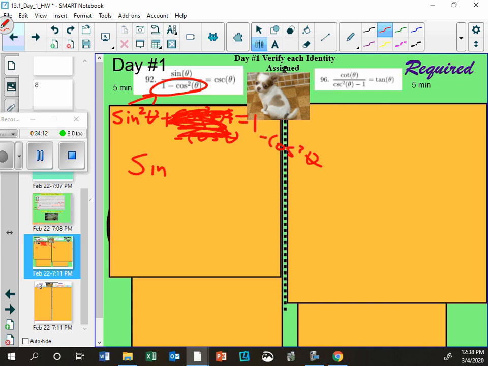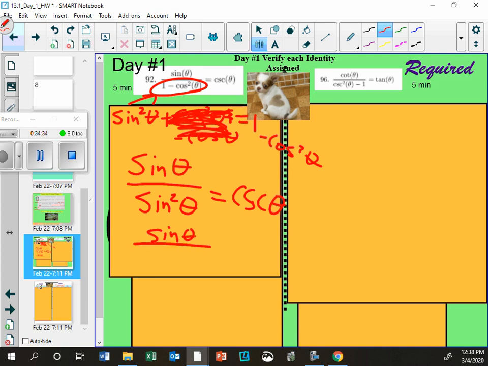Now I have sine theta over sine squared theta is equal to cosecant. Can I just say, well, that's obviously true? No, you have to keep going until it's identical on both sides. Now, would you agree that sine squared is actually a sine times a sine? You can just bring ditto marks down for the right side. You don't have to keep copying the same thing on the right side over and over and over. And do you get why I broke them up into 2? So I can cancel 1.